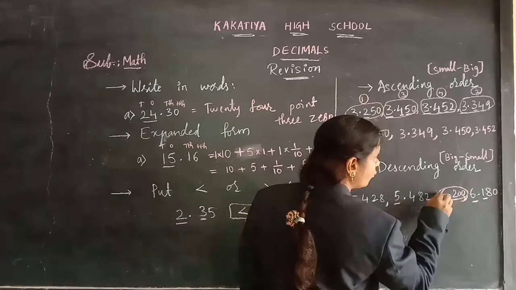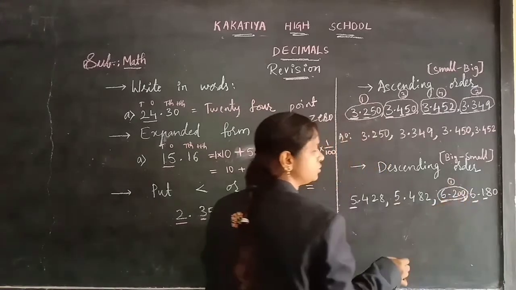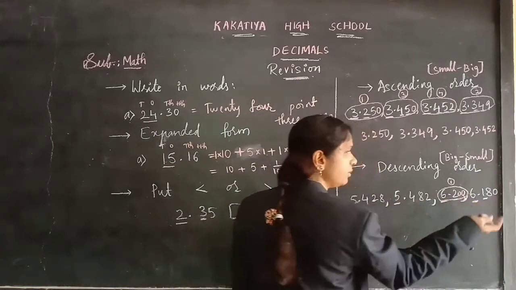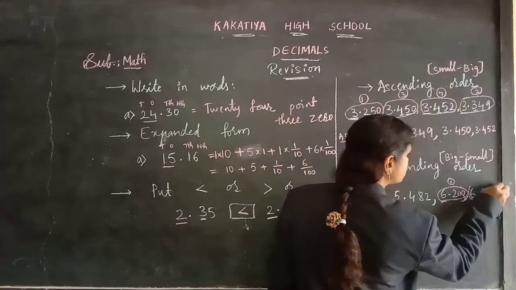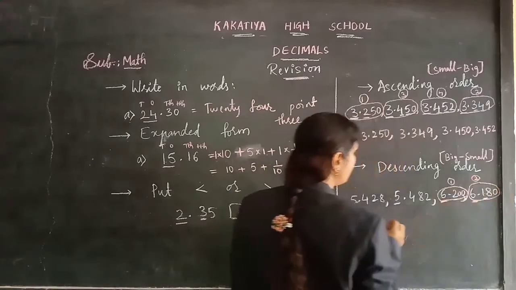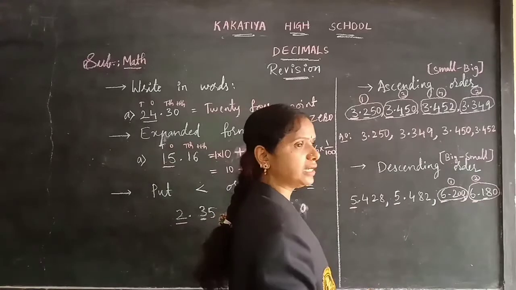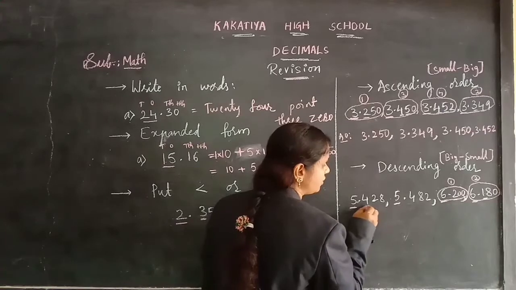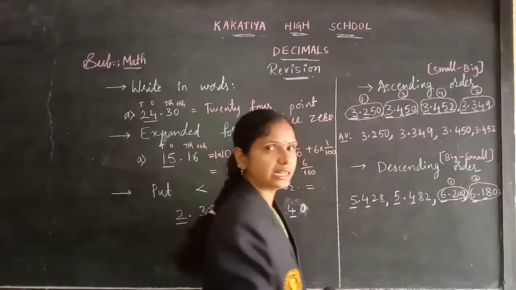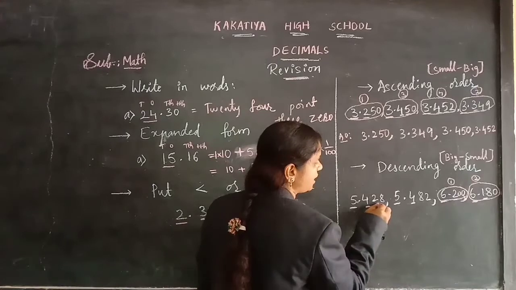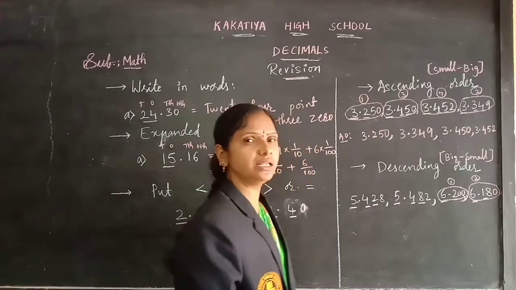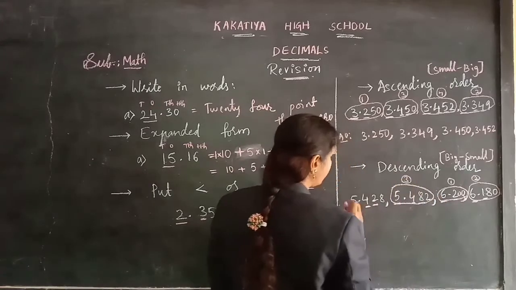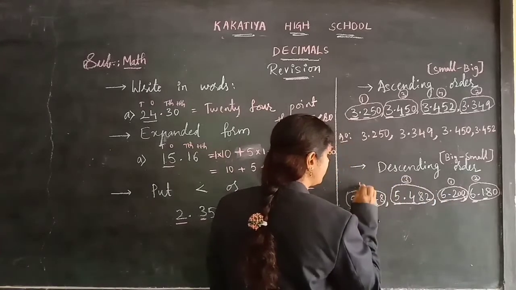So I am giving first place to this number, 6.200. And now again 5, 5, 6. 6 only is bigger, so I am giving second place to this number. Over. Now the leftover numbers are 2. Come on, let's compare this. Integral part 5, 5, same we have. So go to the decimal part, which is 4, 4. Same in the 10th place. Then you go to the 100th place, 2 and 8. Which is the bigger in this? 8 is the bigger. So let's give the third place to this, and obviously this will be the fourth place.